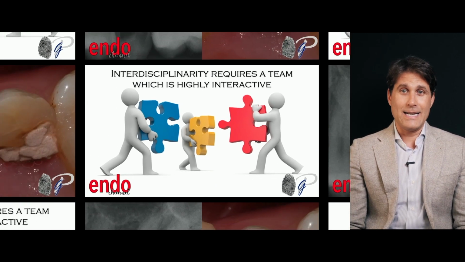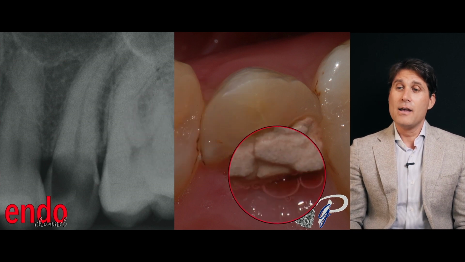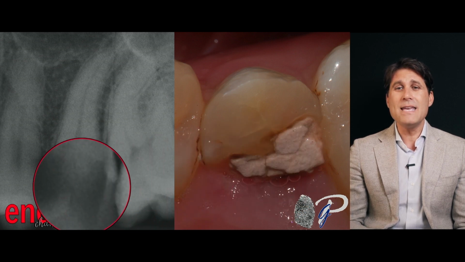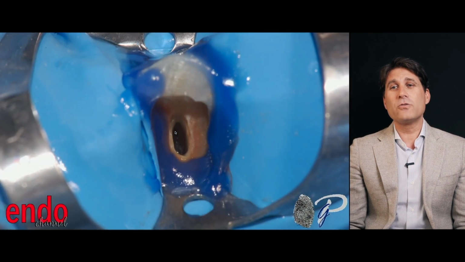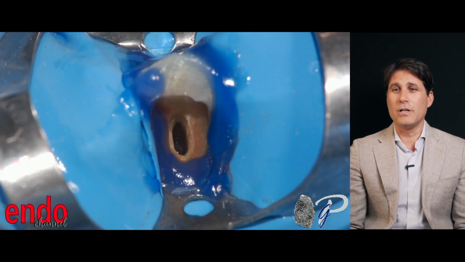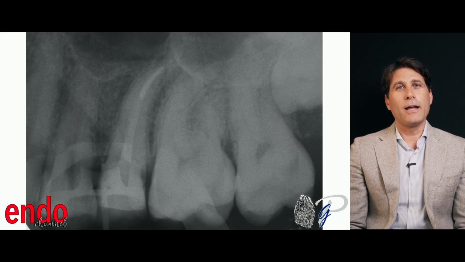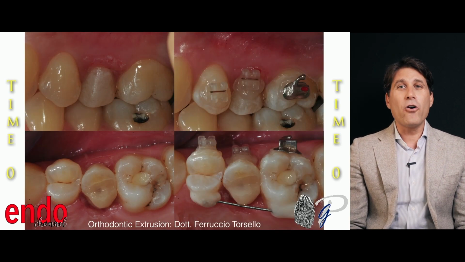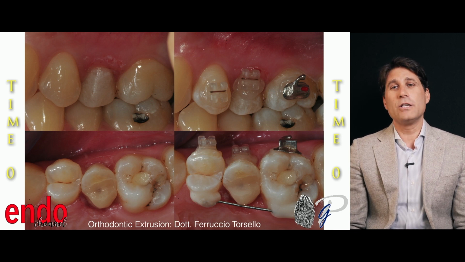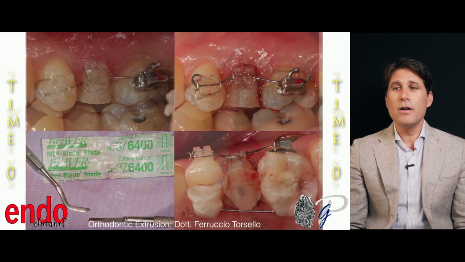For example, in this clinical case, a patient came with a fracture of the lingual cusp of this upper premolar with a big carious lesion and carious decay. The treatment was performed as soon as possible. I performed the endodontic treatment as soon as I could guarantee a correct isolation. Then, after endodontic treatment, my colleague and associate Ferruccio Torsello, the orthodontist of my clinic, performed an orthodontic extrusion. So a multidisciplinary treatment with my orthodontist. This is time zero, with